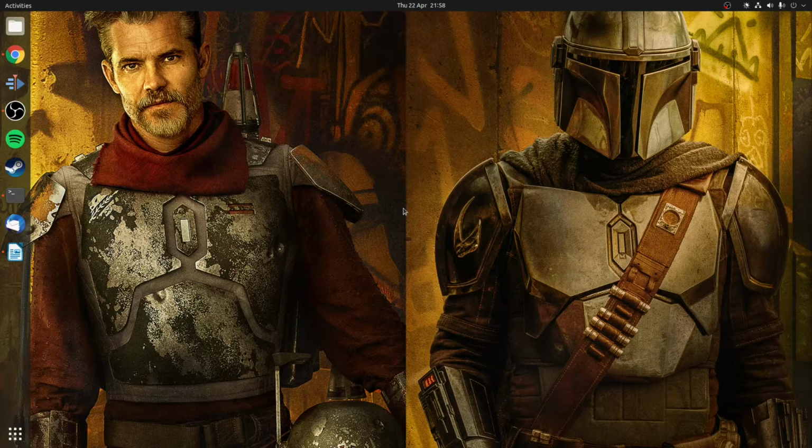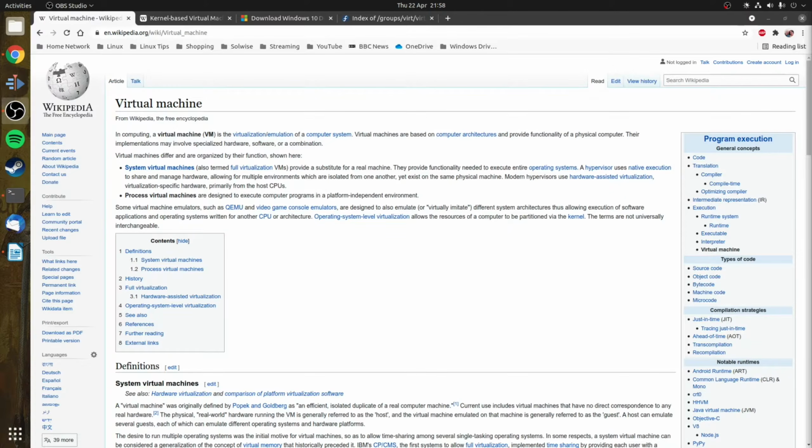So a virtual machine, or a VM if you like, is a virtualized or emulated instance of a computer system. Now this is typically an operating system, and it's one that fundamentally functions the same as an installation using bare metal. For example, you can still install and run applications, use it as a day-to-day operating system, but